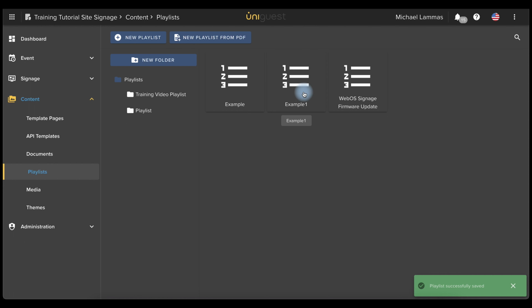We can also create a playlist directly from a PDF. This will mean that we won't have to drag the items over, it will naturally populate for us. So if I come up to the top of the screen where it says New Playlist from PDF,